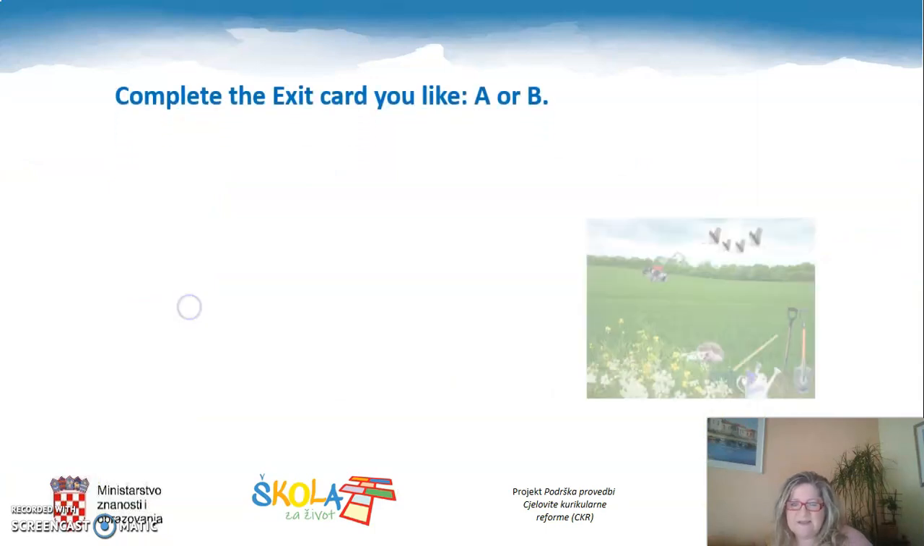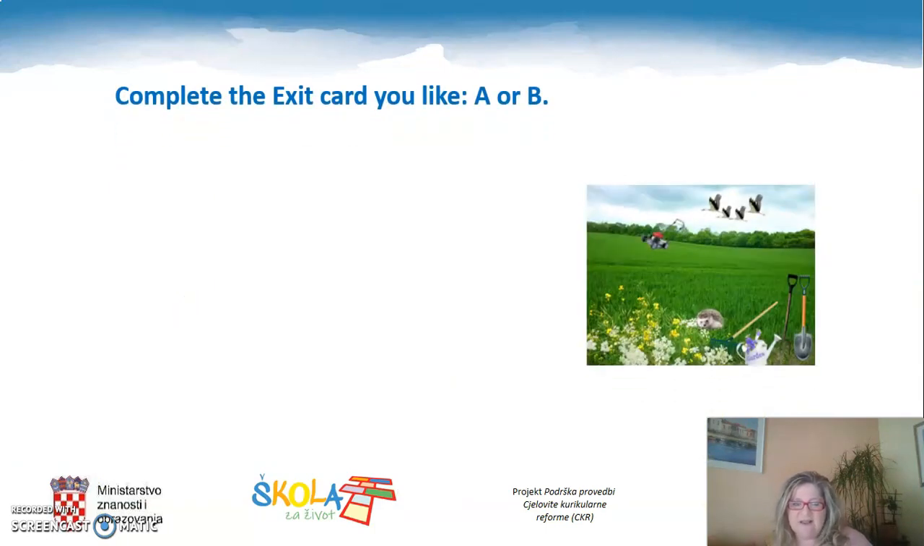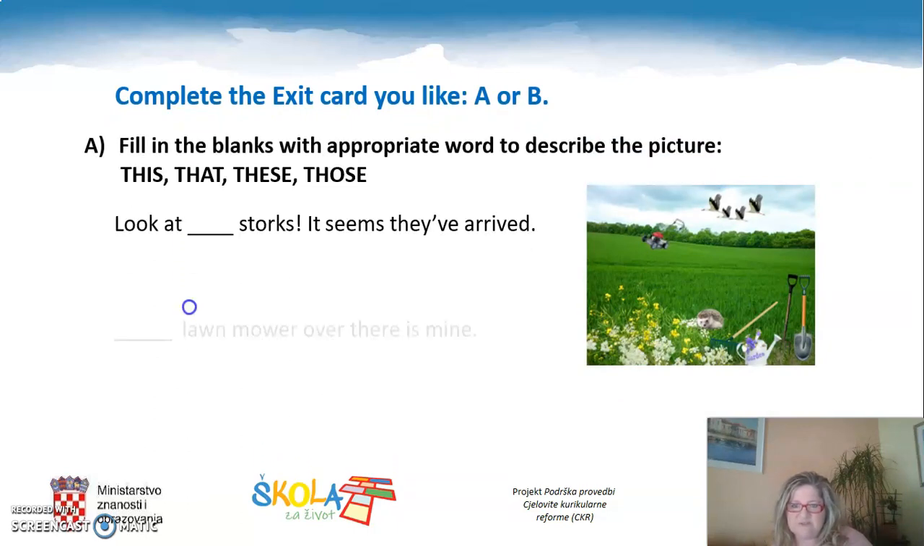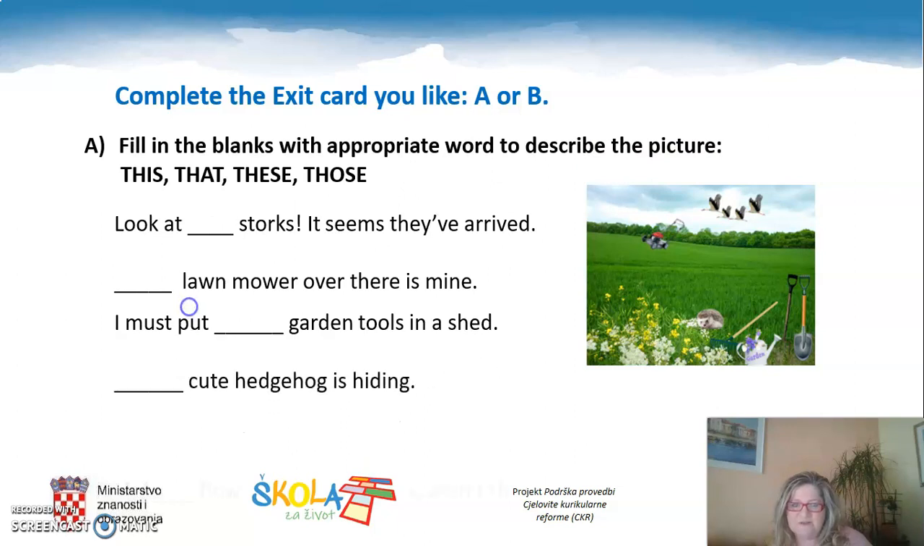I sada za kraj izlazna kartica, odabrat ćete A ili B koja vam više odgovara. A kartica sa sobom nosi fotografiju koju je potrebno upisati kroz ovih 5 rečenica u koje ćete odabrati točnu riječ this, that, these ili those. Znači, look at storks. It seems they've arrived. Lawn mower over there is mine. I must put garden tools in a shed. Cute hedgehog is hiding. Flowers are wildflowers, aren't they? Ili,